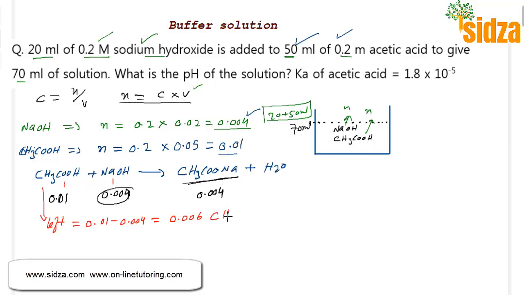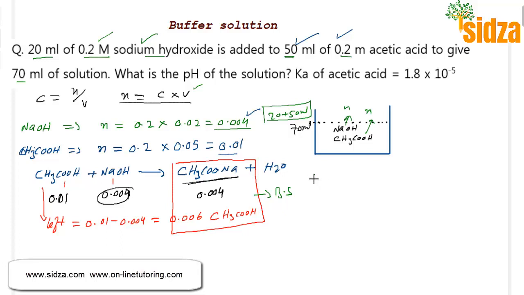You will have 0.006 moles of the acetic acid and 0.0044 moles of the sodium acetate. Now this, you can see, is actually a buffer solution. You have a weak acid and the salt of the same weak acid. Now this will be a buffer solution, and we can find out the pH of any buffer solution by using that